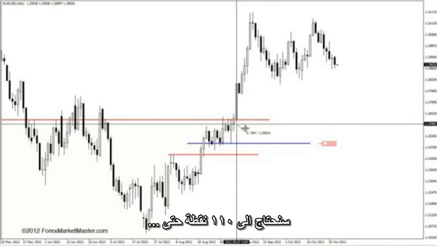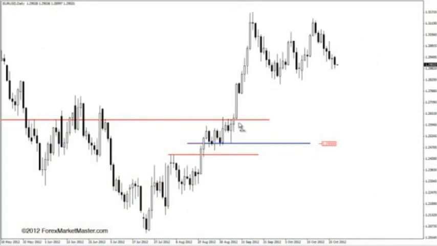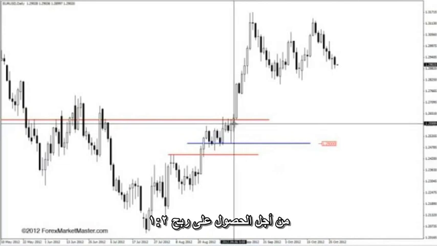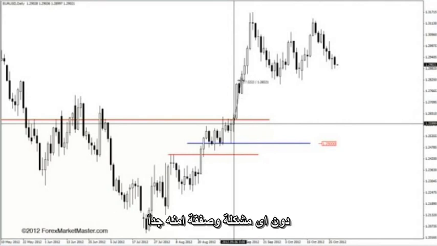So we would need a 220 pip run in order to have a 2-to-1 return. Well, within 2 days here, we would have had a 220 pip target hit without too much of a problem and going strong. So we can see